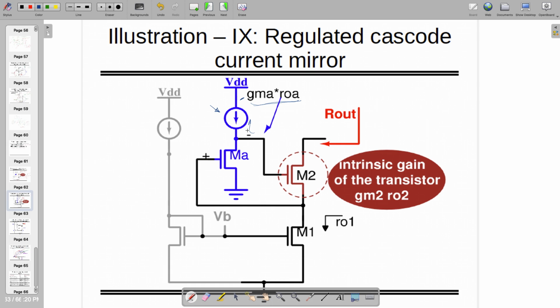So gmA roA, and that is going to be multiplied with gm2 ro2, and in whole we are going to have the resistance of gm2 ro2 by this transistor times gmA times roA times ro1. This is what we can do,